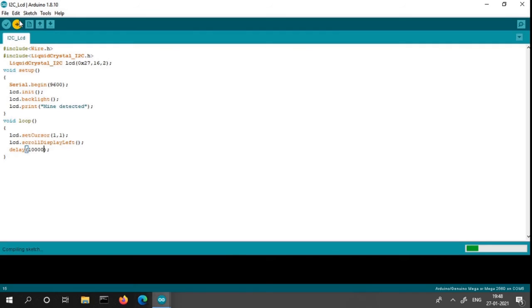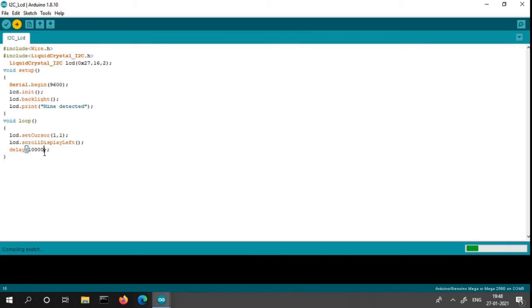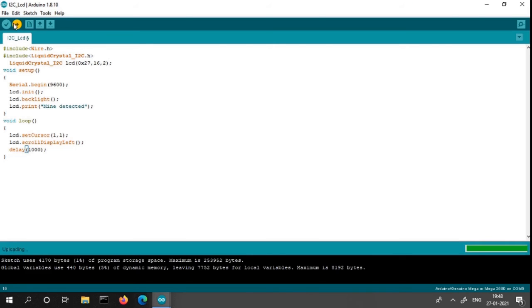Then I have provided the delay function for scrolling. I have adjusted the delay, because if the delay is too short, we cannot see the correct output. So I incremented the delay.